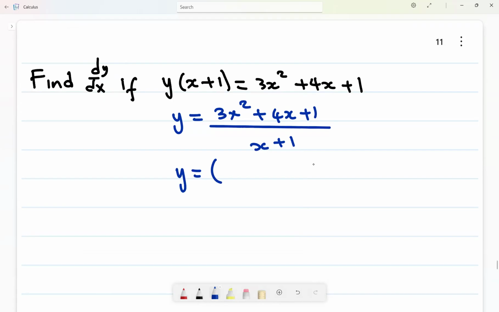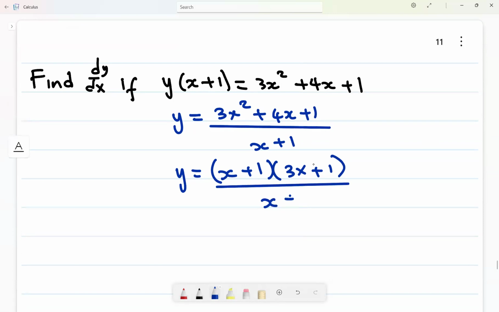How can I do that? Remember, I said at the denominator here, what they are giving you, it means it is a fact. So I can just factorize and say it is 3x plus 1. Okay, let me see, 3x squared plus x plus 3x plus 1, divided by x plus 1. If you still do not know how to